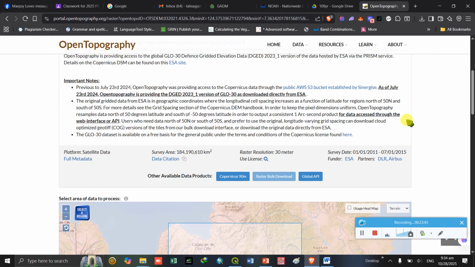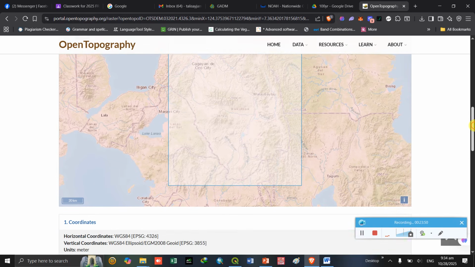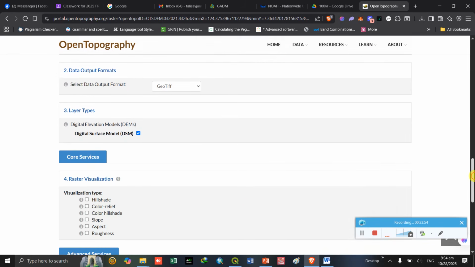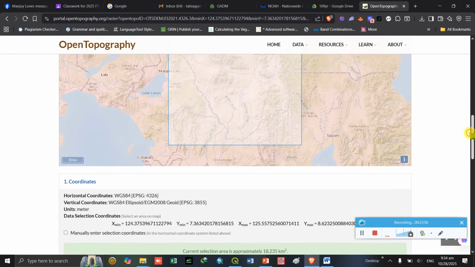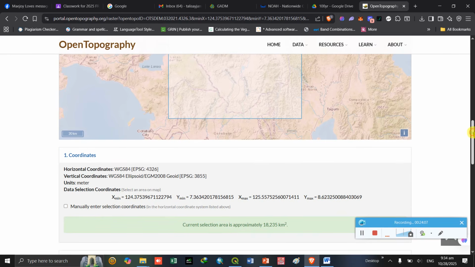And then by using this extent, the website will now process the data. So by using the map, the map uses the corners of the polygon.